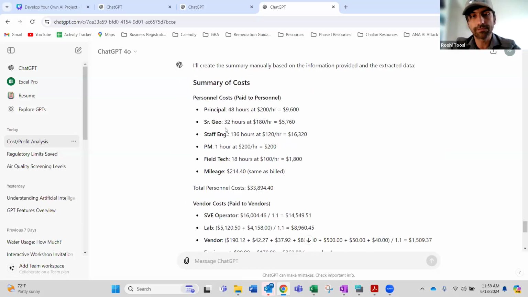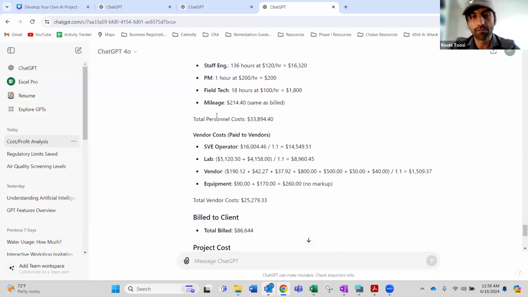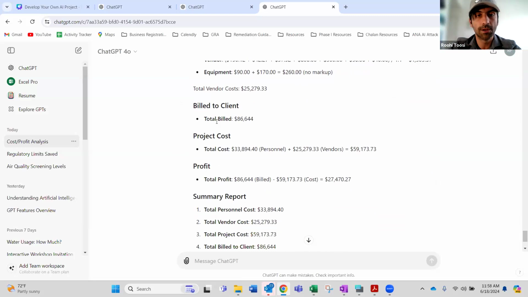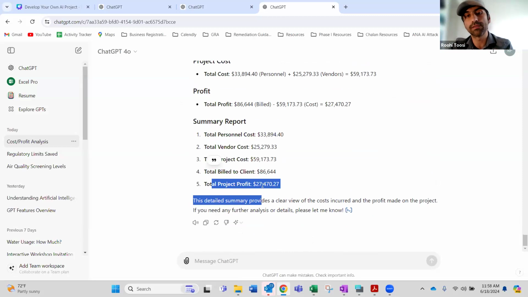And it very beautifully analyzed: principal charge this much, synergiologist, staff engineer, PM, all the people charge this much, the vendor cost was this much, and the total summary. You paid this much to your personnel, you paid this much to your vendors, the project cost was this much, total bill to the client was this much, and the profit is this much. So this is an example of how powerful this tool could be for us to do a lot of analysis